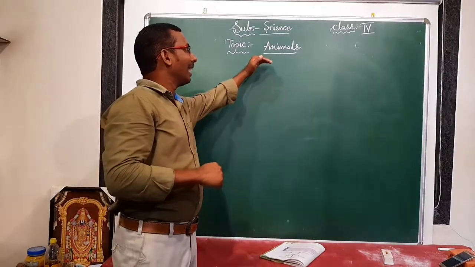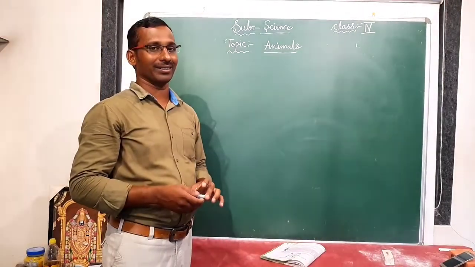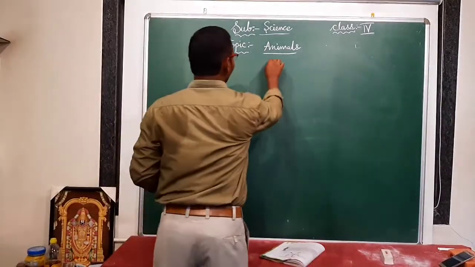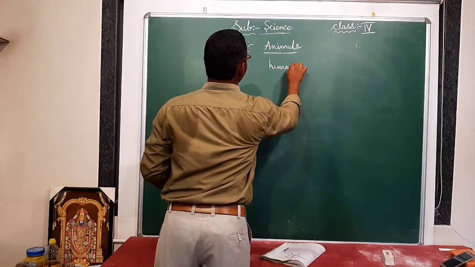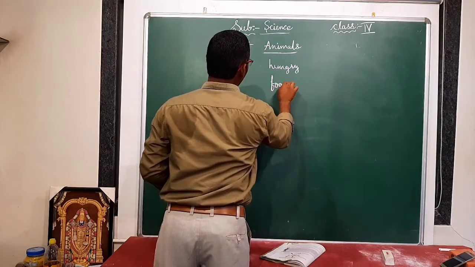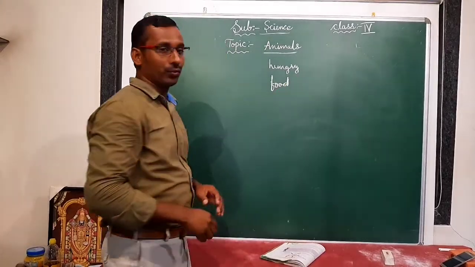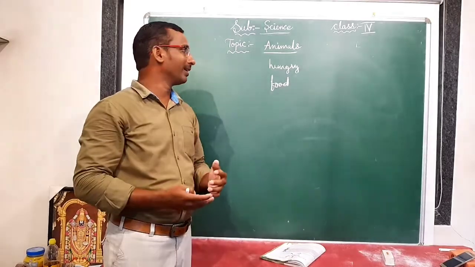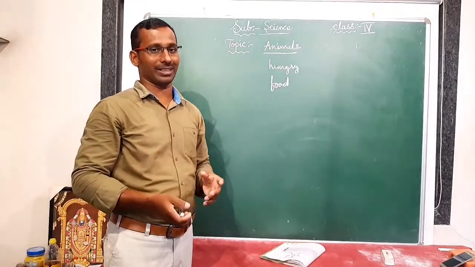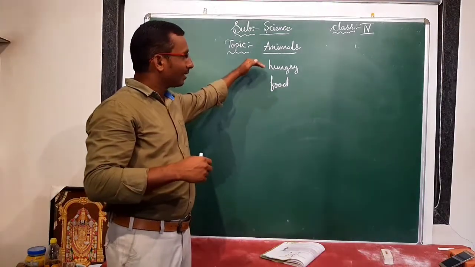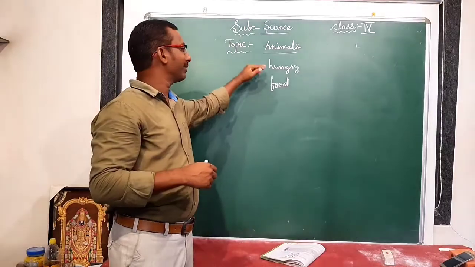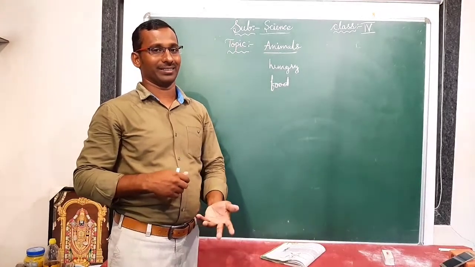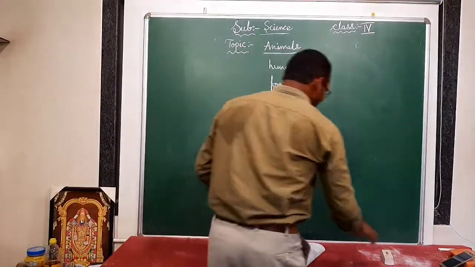In the same way, animals also feel hungry. That is why they eat food. How we are eating food, in the same way they also take food items. With this food they are getting energy. They stay healthy. They can grow in size. Like that. Is it right? How we feel hungry, how we need food, in the same way animals also feel hungry. They also need food. With this food, they are getting energy. Is it clear? Yes. And one more thing is,